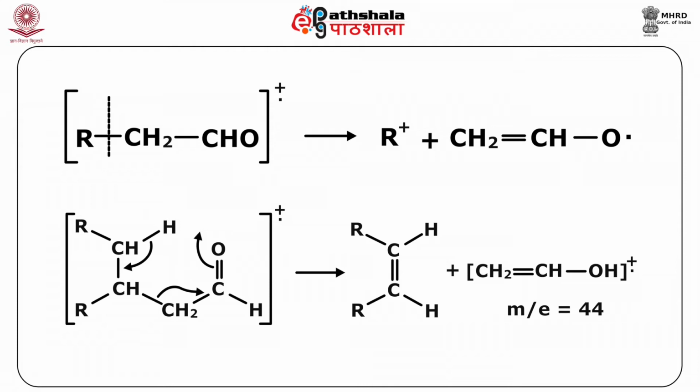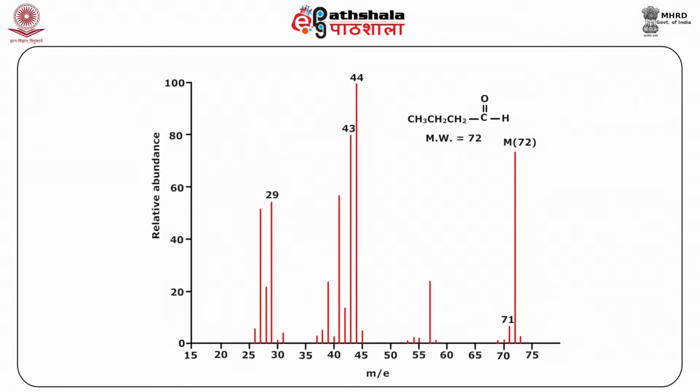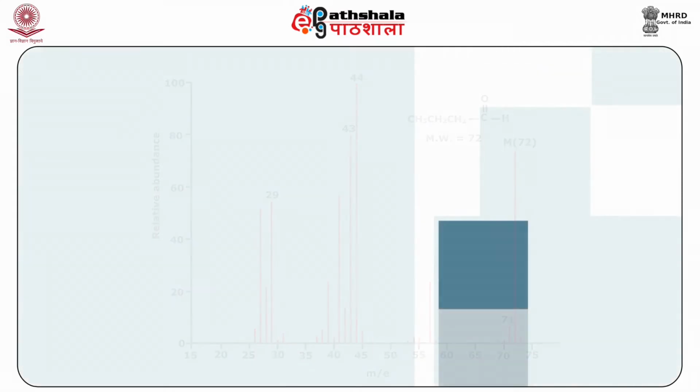Now, you can see here the various reactions which are involved in the fragmentation in the case of beta cleavage, and you can also see clearly the mass spectrum of butanal, that is the aldehyde, with the molecular ion peak clear, as well as the various fragment ions with the m/z values clearly placed.